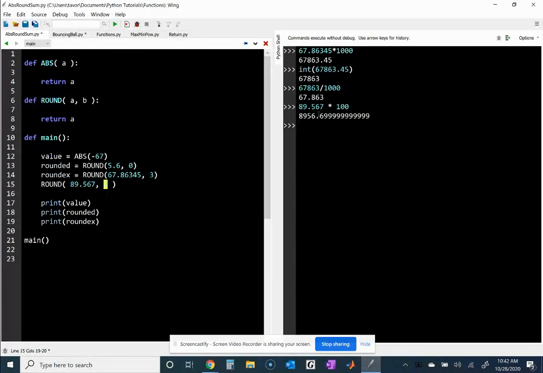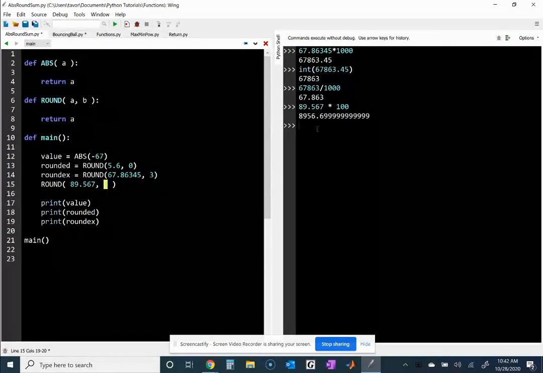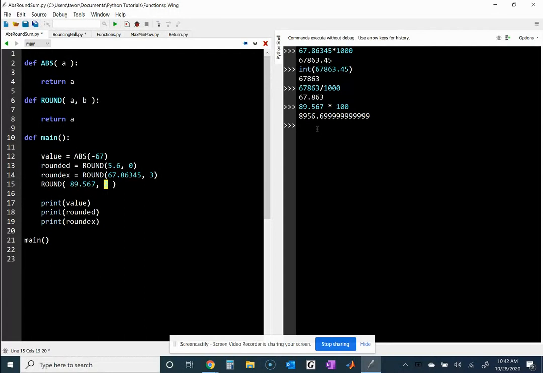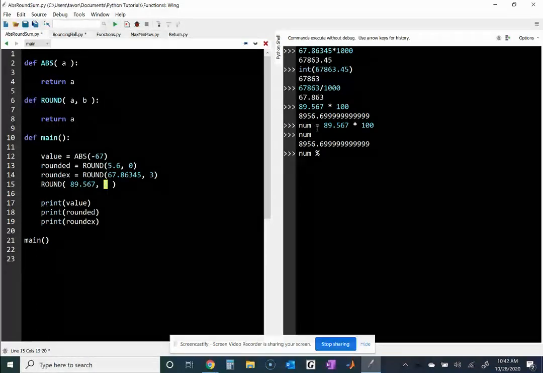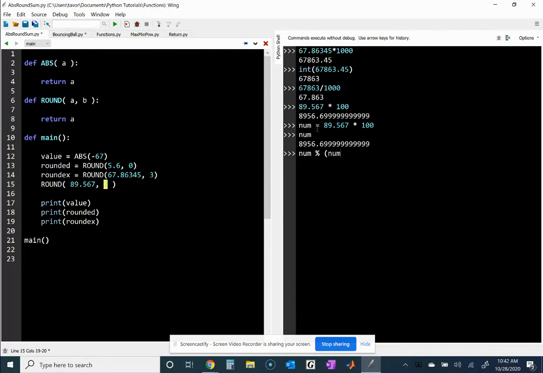How do we get this right here at the end? Well, you can always use the modulus operator. You can take this number. So I'm going to actually store this in a variable right now. Call it num. Now I have num in there. If I get the remainder of my number when I divide it by not so much itself, but not its integer self. So if I get the remainder of num by 89.56, it gives me 0.69, which is basically saying get the remainder of when I take num into num,